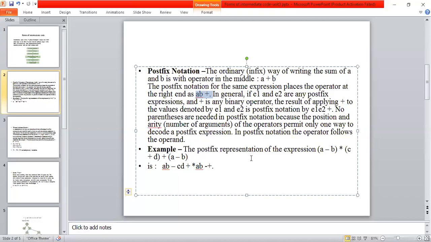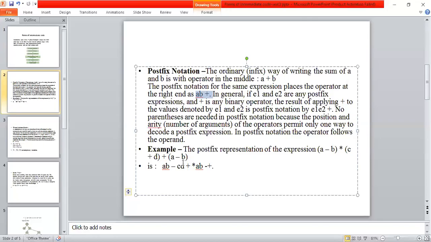For example, here I have an infix expression: (A minus B) into (C plus D) plus (A minus B). According to the operator precedence, we give the first priority to the braces. Here I have three braces: one, two, three.